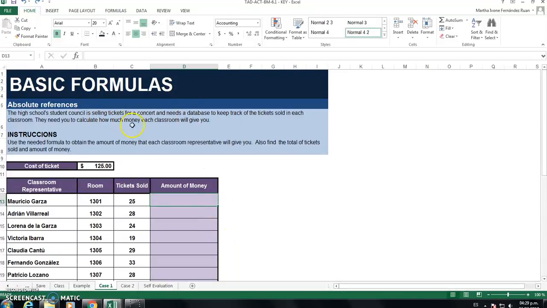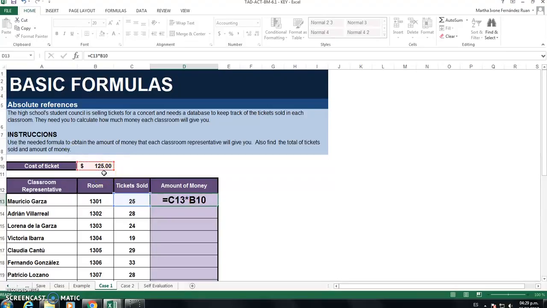The topic is absolute references. We need to use absolute reference and we always need to use the same cell after we copy-paste down a formula. For example, this case is about calculating the amount of money for the ticket sold. So the formula will be just multiplying that ticket sold times its corresponding price, the unit price, which is in